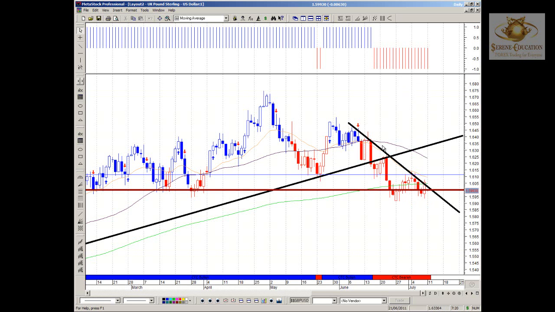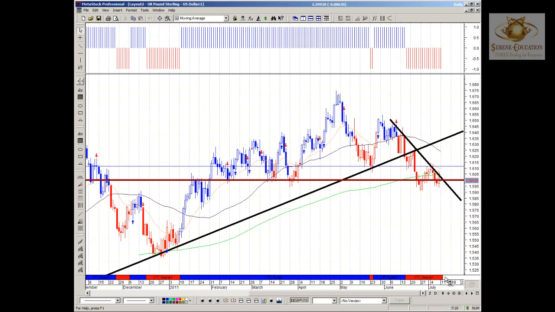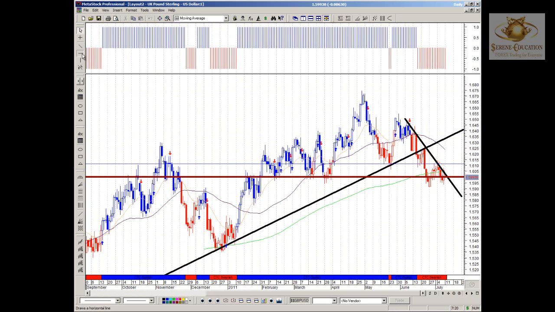But 1600 is what, psychologically, a lot of traders will be looking at as a strong support area. So as long as they're holding on to 1600, there's a possibility of upside movement. If and when we get a nice bearish engulfing candle to the downside, clearing well away from this, then it'll give us an indication that psychologically people who are long in this have given up the ghost